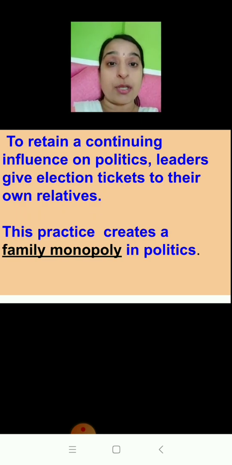The Election Commission is facing so many challenges, but we, that is the voters, and the political parties have to help the Election Commission to conduct the elections in a free and fair atmosphere.